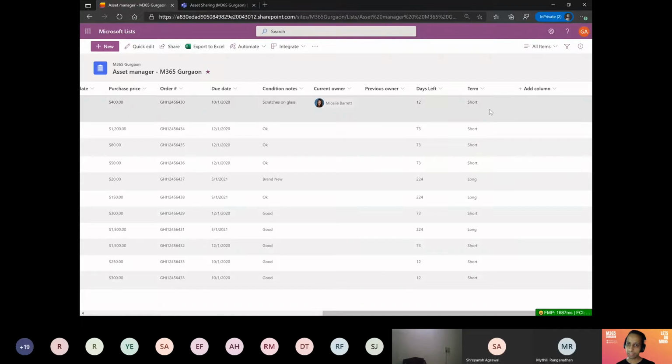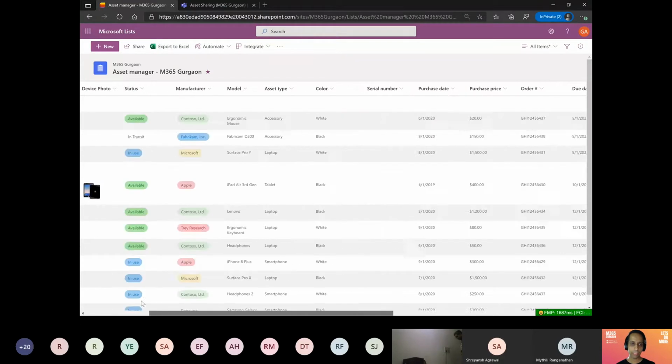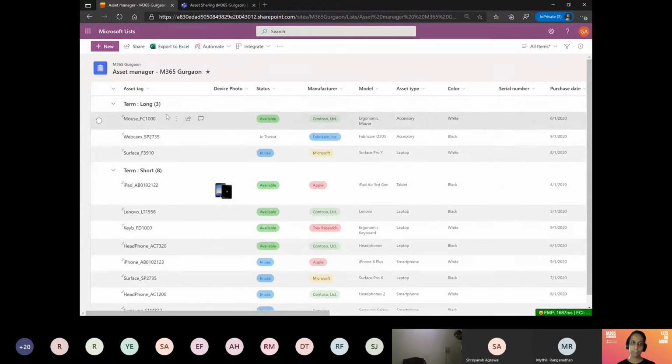If the days left is less than 90, then it's a short term, otherwise a long term. There are all these calculating functions that you can use to add more richness to your data. And let's say I want to group this list by term. The admin of the asset team can see which devices are due for a shorter term and a longer term, and they can adjust these terms for their own benefit, right?